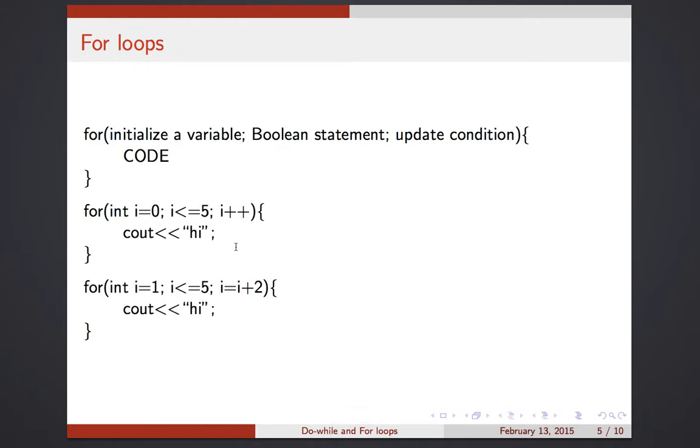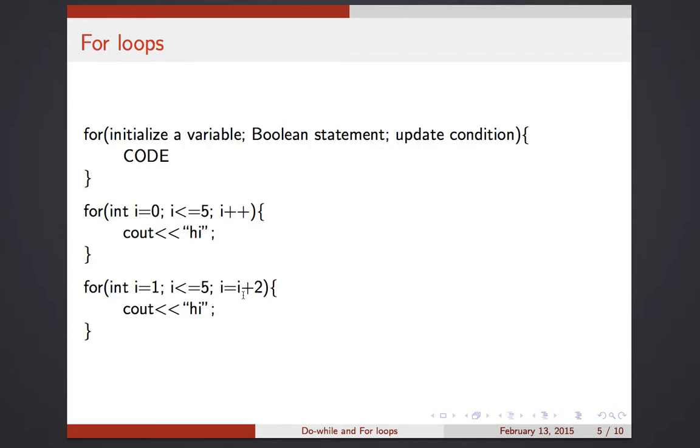Okay, so here's another example. In this case, I've initialized i to 1. The Boolean statement is still the same. This time, though, every time the loop runs, I increase the value of i by 2. So the logic of what happens here is i is initially 1, and 1 is less than or equal to 5. So I enter the loop, and I print hi. At the end of that execution, now i becomes i plus 2, so i is now 3. Well, 3 is less than or equal to 5, so I go into the loop again, I print hi,